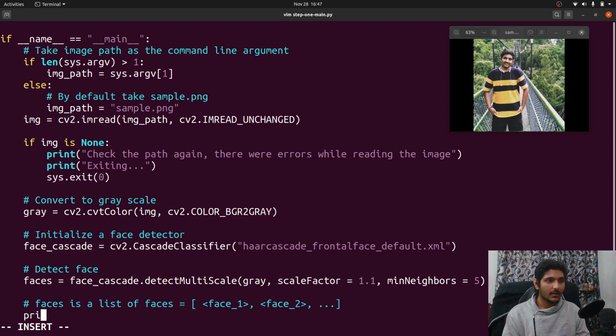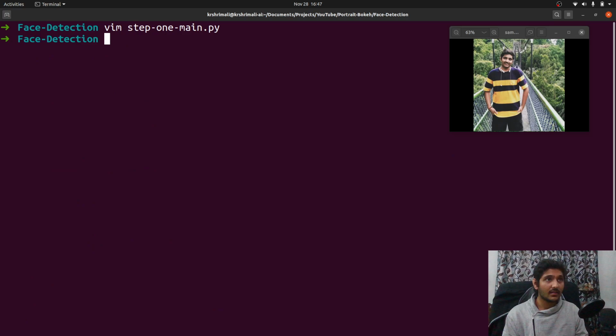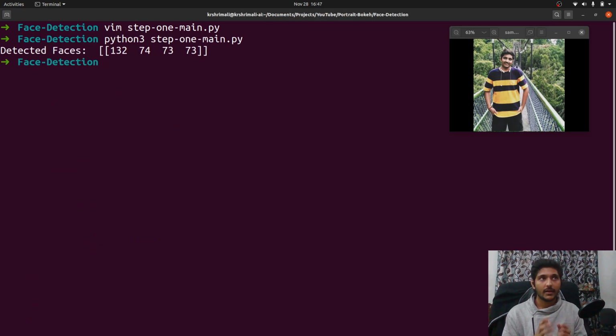Let's just print this out and you will understand. I printed the detected faces here, just printing the faces variable as it is, and let's run this code. All right, I've run this code and I see that it prints a list of lists. It's a 2D list. It only detected one face, and those are the coordinates.